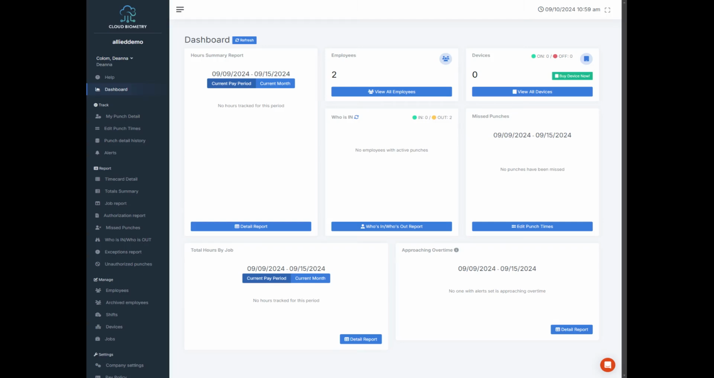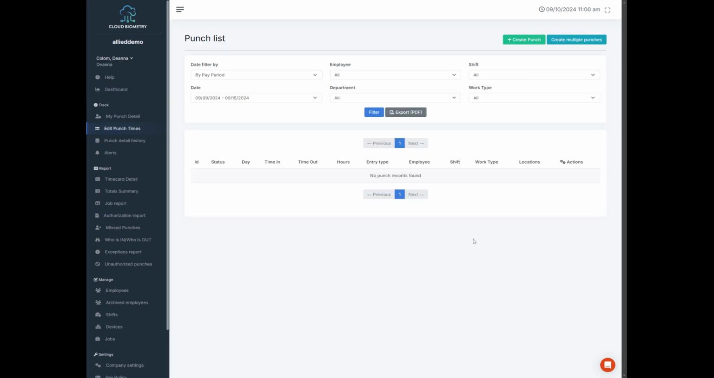Today we're going to be going through how to create a punch for employees. The first thing we're going to do is navigate to the Track section and go to Edit Punch Times. Under the Edit Punch Times page, we have two buttons in the top right corner that allow us to add